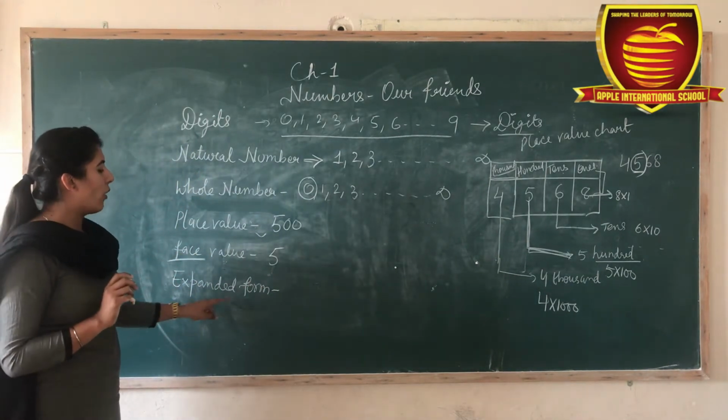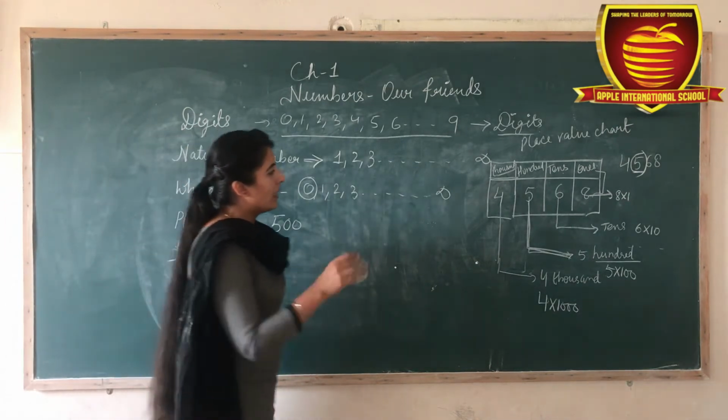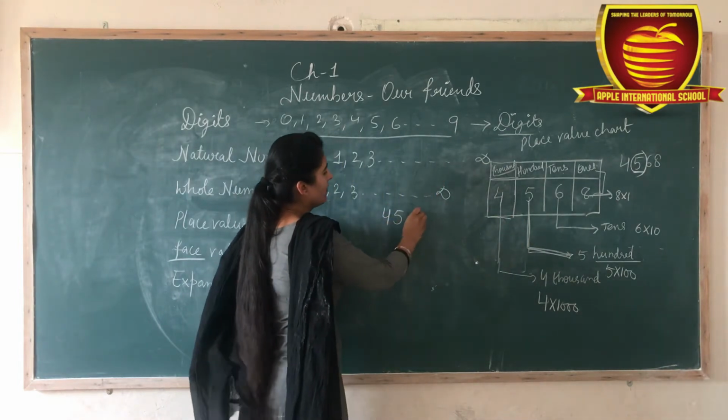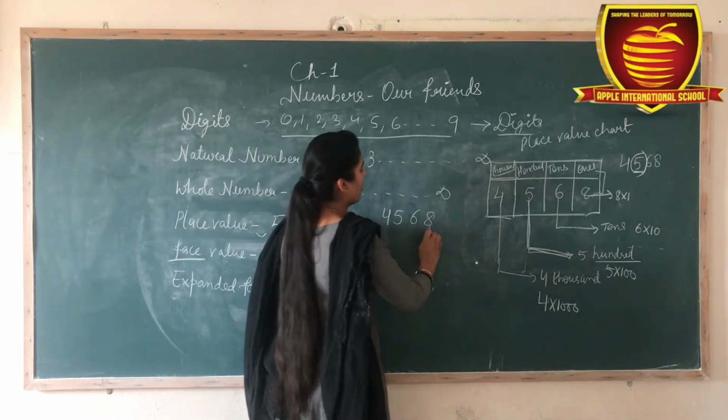Next one is how we write the expanded form of any number. Take the example of the number 4, 5, 6, 8. As we all know that 8 is